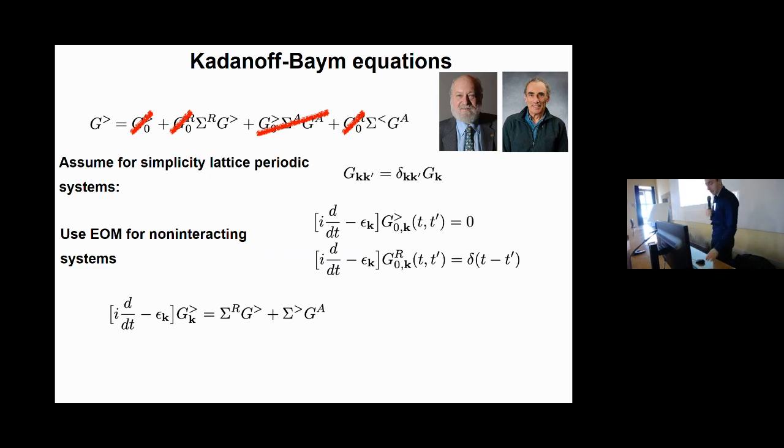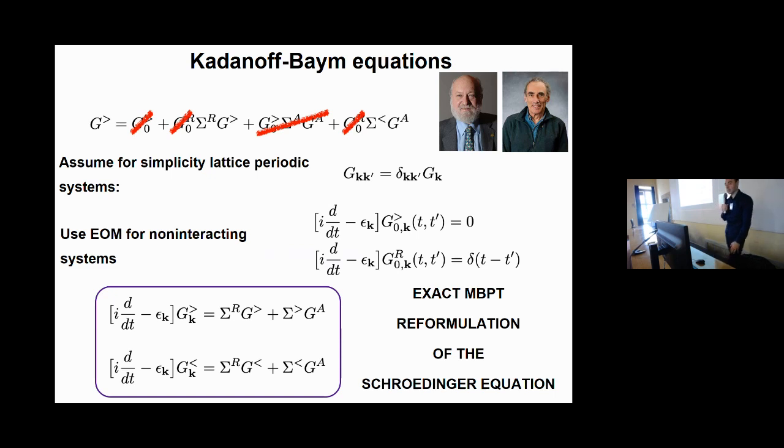In a similar way, you can derive the differential equation for the lesser Green's function, and these are called the Kadanoff-Baym equations, and they represent an exact reformulation of the many-body Schrödinger equation, with one big advantage. The Schrödinger equation is an equation for the wave function that for a macroscopic system contains on the order of 10 to the 23 variables. Here the Green's function contains only 2 spatial variables and 2 times, okay, much less than 10 to the 23,